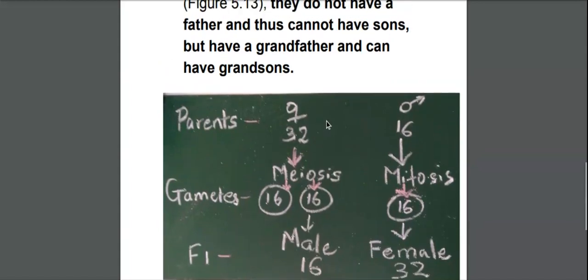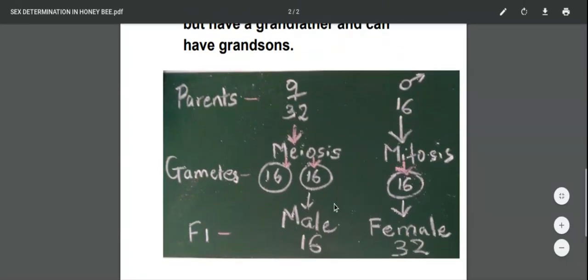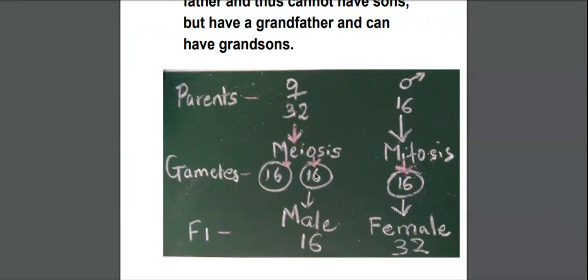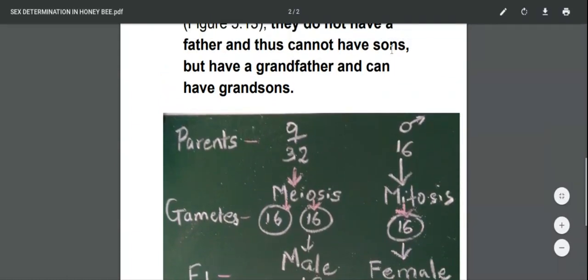Now let's go back to the statement that a honeybee cannot have a father and thus cannot have sons. So here you have a honeybee offspring. Does he have a father? No, he has come directly from an unfertilized egg of the mother. So he has a mother but no father. Can he bear sons? He cannot have sons because the son, that is a male, will develop directly from the female and does not require a father. A male directly comes from an unfertilized egg of a female. So this part is true, that he does not have a father and thus cannot have sons.